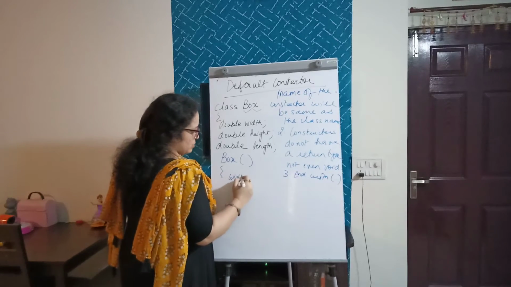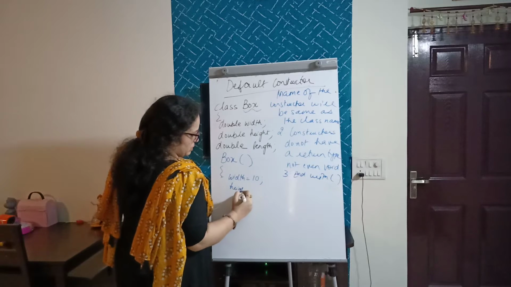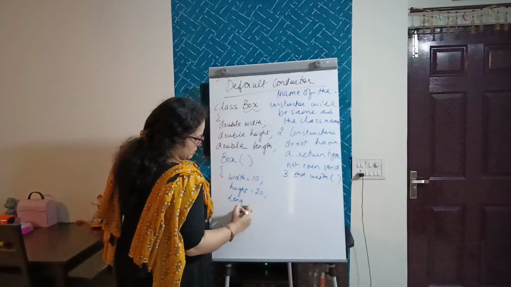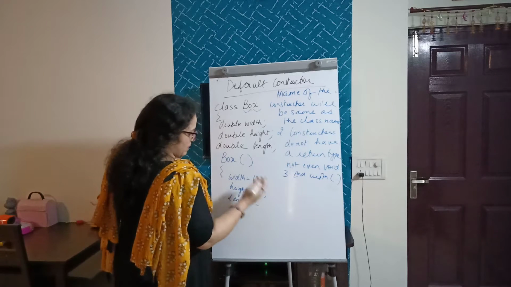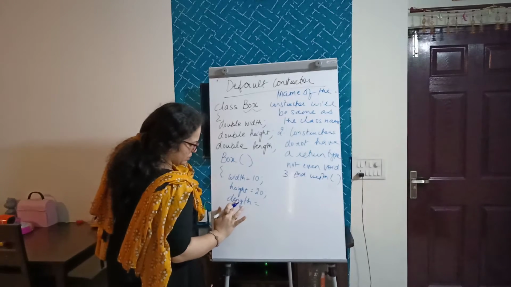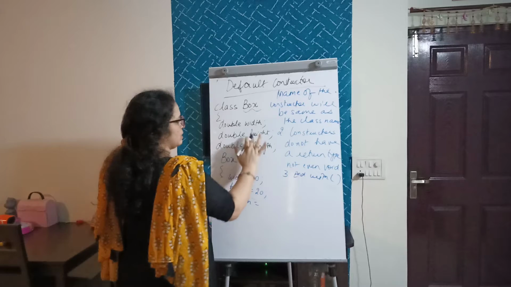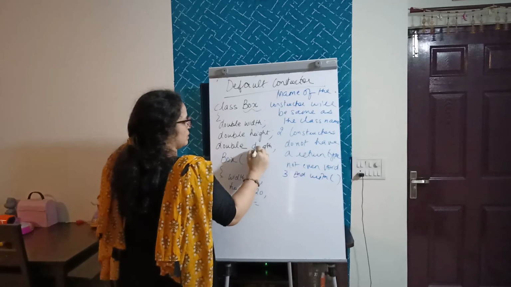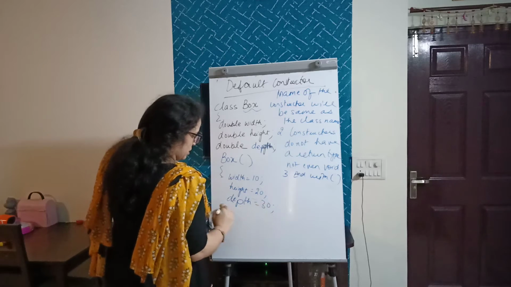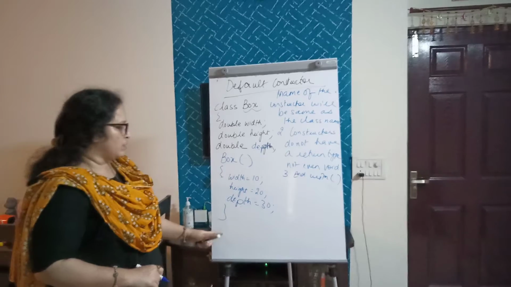Let's say to width I have assigned value 10, to height I have assigned value 20, and to length or depth I can also use the word depth over here. Volume is width into height into depth. You can use the word depth instead of length. To depth you have assigned value 30. So in this default constructor we have assigned the values to these particular variables.